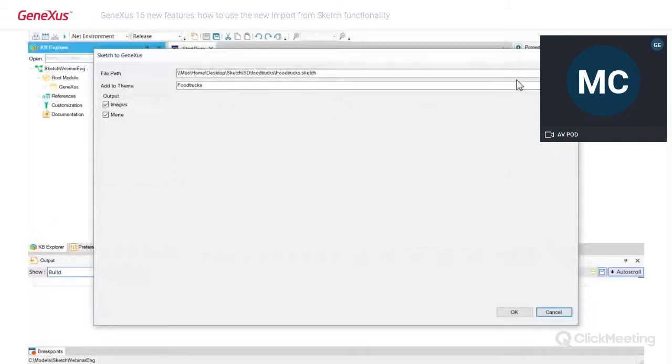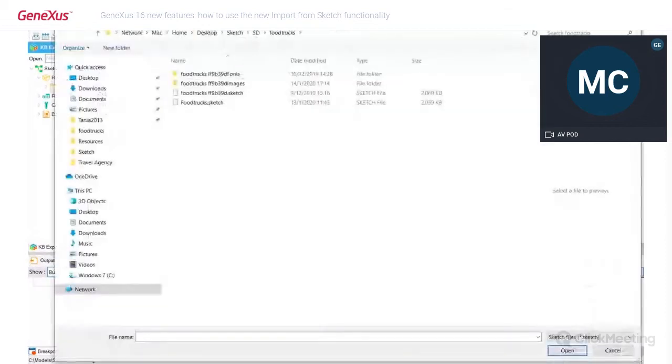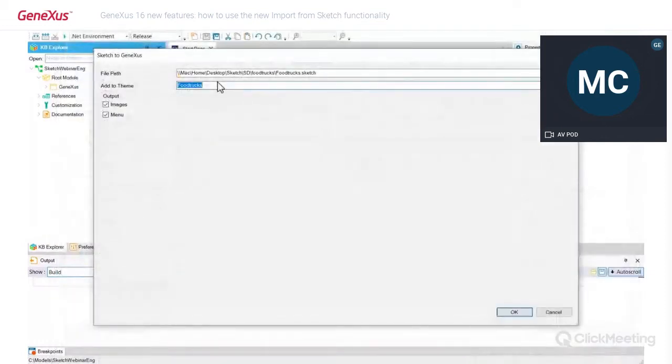Here we can select the Sketch project, and also the theme that is going to be added. We select, as an output of the integration, to create the images and also a menu, which is going to be created after the import. So if I press OK here,